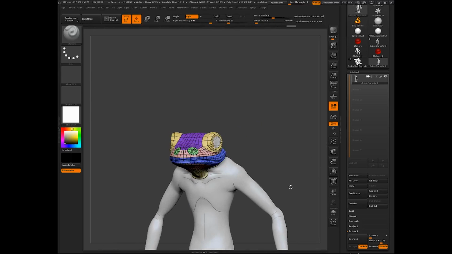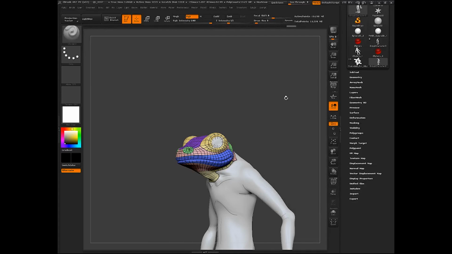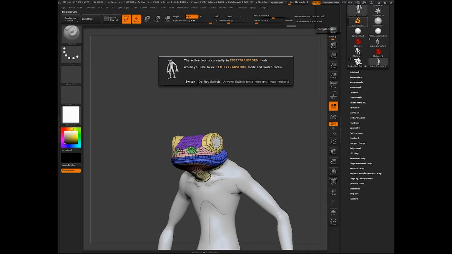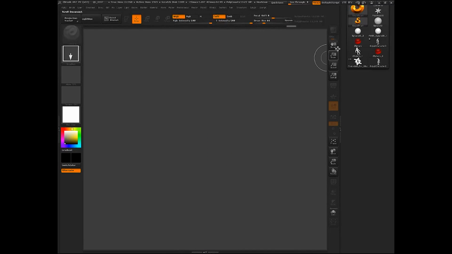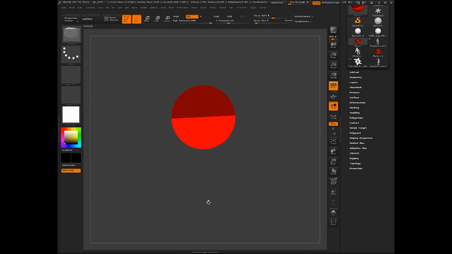Alright, so now, with that subtool isolated, I'm going to go back to my simple brush, hit switch, and then Control N to clear the canvas again, and then select Z sphere, drag that out in the canvas, hit T to make it editable, and then we're going to go down to rigging.